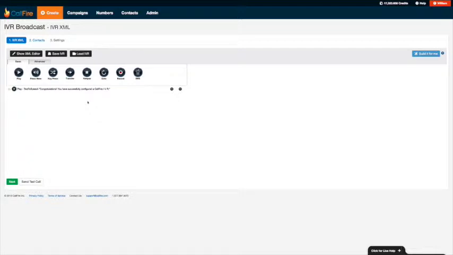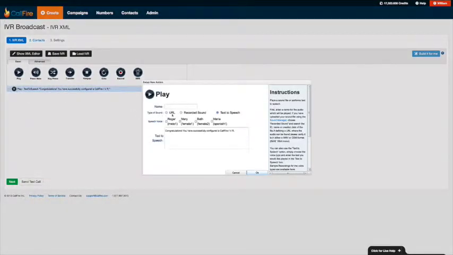Now, the IVR is a phone call. It's an automated phone call, scripted and automated, but it is a phone call. And as such, it always begins with a greeting. And so we've set you up so that when you launch the IVR Designer, it automatically starts with a play tag. This is kind of a dummy play tag, but you don't have to get rid of it. You can just double-click it and configure it for your greeting. Pretty much all IVRs start with a single play tag as a greeting, because you always want to greet your customer in some way. If it's an inbound call, you want to greet them with hello. If it's an outbound call, after they say hello, you want to say who you are. So we're going to call this